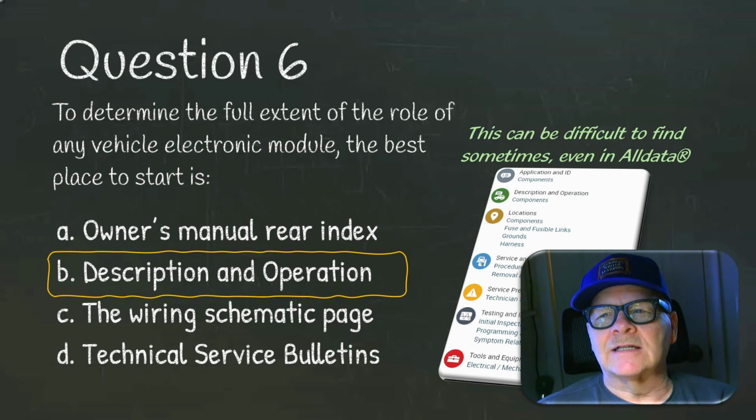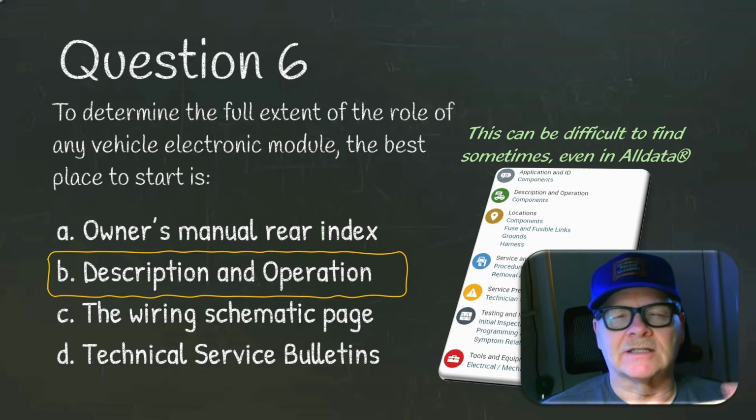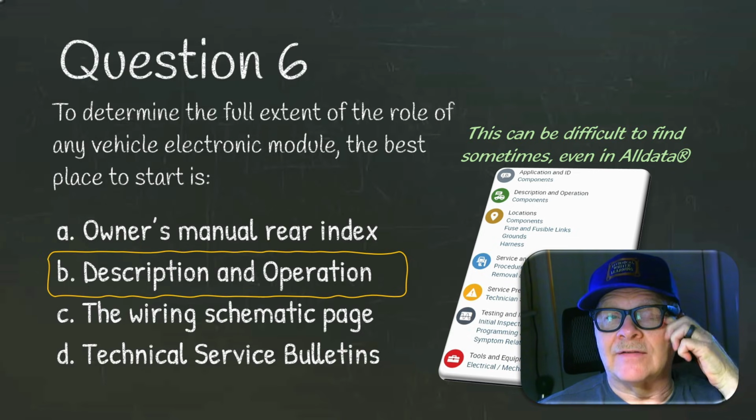To determine the full extent of the role of any vehicle electronic module, go to the description and operation if you can find it. ALLDATA is pretty good about laying it out where you can get to it. But sometimes it can be difficult to find because the OEM doesn't always publish it on every car. Of course, like I say, ALLDATA sorts all this stuff out. I would probably have ALLDATA right now if I didn't mind paying a couple of thousand dollars a year for it, but I don't work on cars anymore. Basically, I do research, and I write and edit this stuff